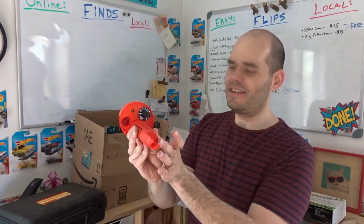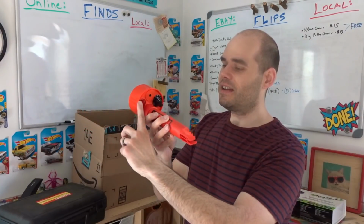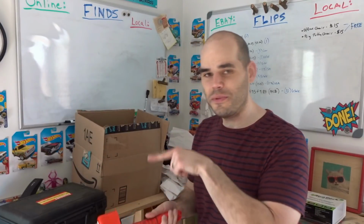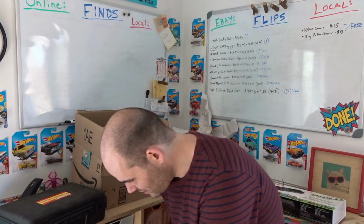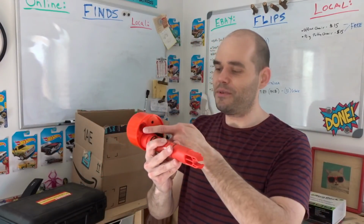It takes like 2 or I think 3 C batteries inside here, almost like a flashlight. And then it's got the switch. You turn it on. It's got a light, and it makes a beep sound whenever it finds an electrical line. So you won't be able to see it, but I'll put it by the outlet by the wall, and you'll see what it does. Let me turn it on here. All right, there we go. You couldn't see it, but it lit up red, and it made that sound,